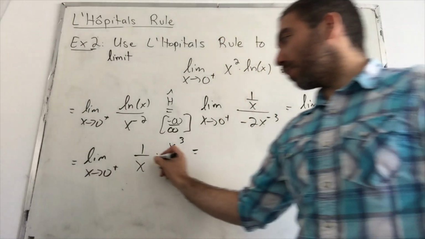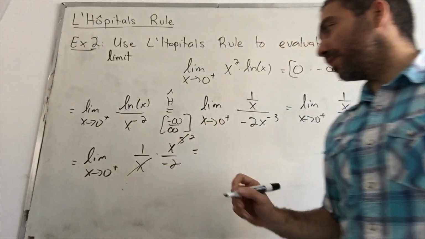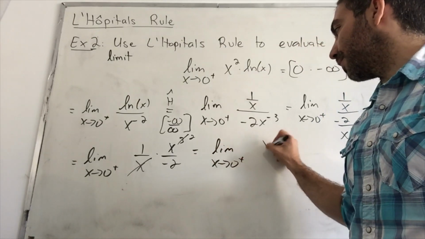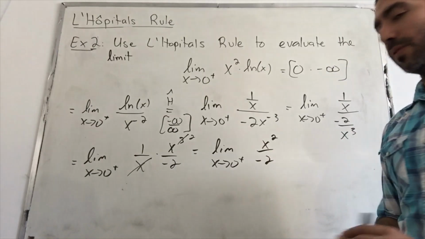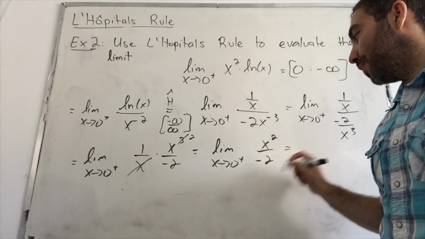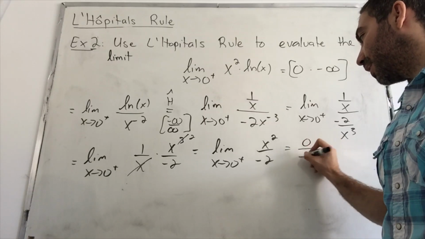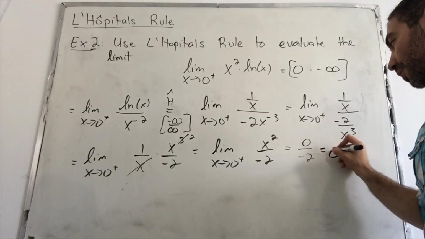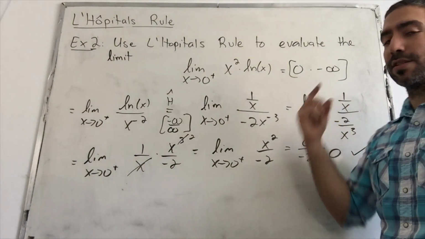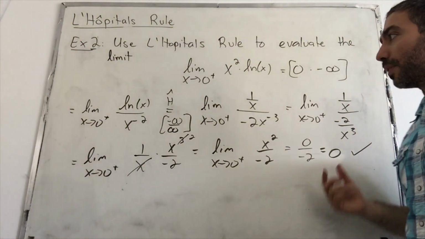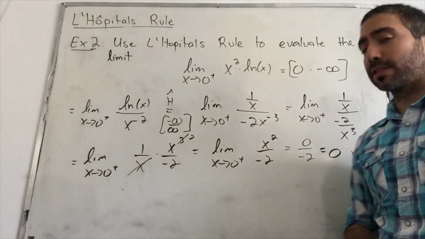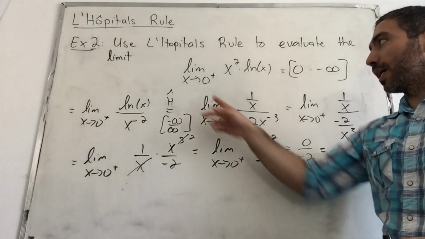Okay. Notice that one of the x's cancels with one in the exponent, giving us the limit as x tends to 0 from the positive side of x squared over negative 2. And now we're just substituting x with 0. Notice on the bottom you don't have 0, so it's going to be 0 squared divided by negative 2, which is essentially just 0. And we are done. So again, this one here tends to 0 faster than it tends to infinity. Okay, so the limit of this function x squared times ln of x is 0 as x tends to 0